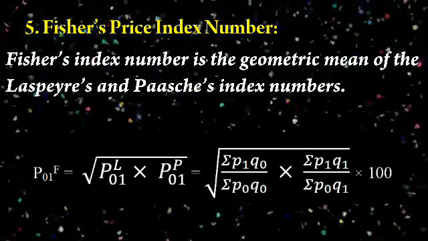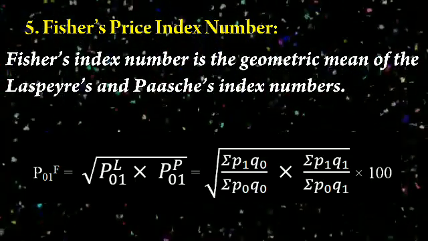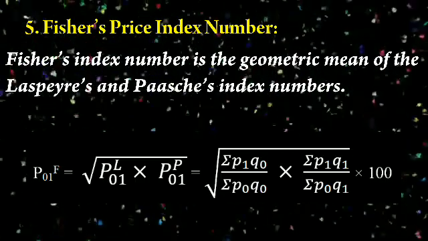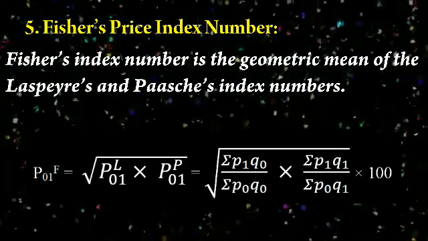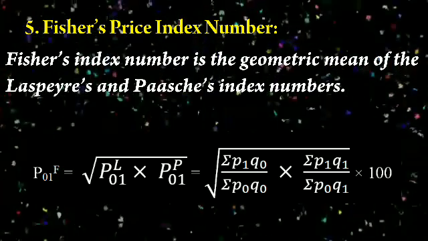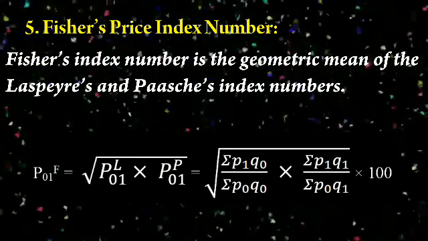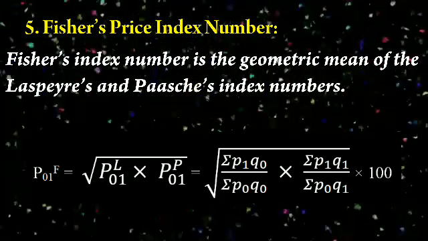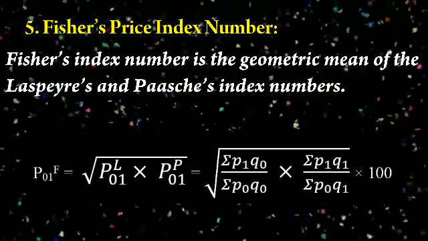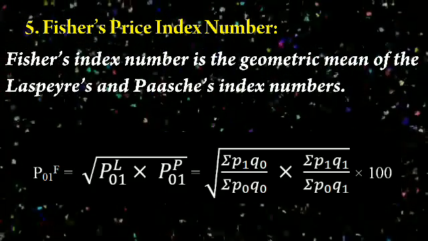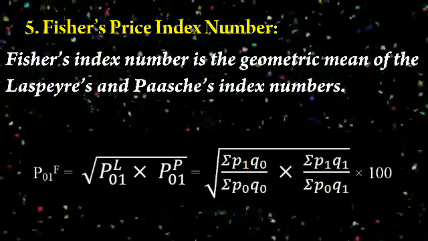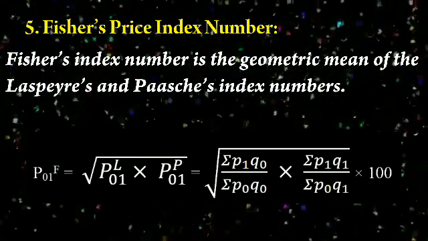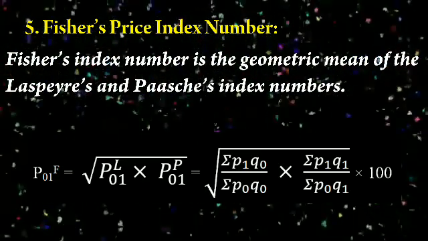That is equal to, either you can use the direct formula, or the simplified one, which is equal to square root of, substituting for last year, sigma P1 Q0 by sigma P0 Q0, multiplied by sigma P1 Q1 by sigma P0 Q1. So last year's into past year's. Now multiply the formula by 100, because in the original version the formula is already multiplied. While computing last year's, you will multiply the formula by 100. While computing past year's, again you are multiplying the formula by 100.